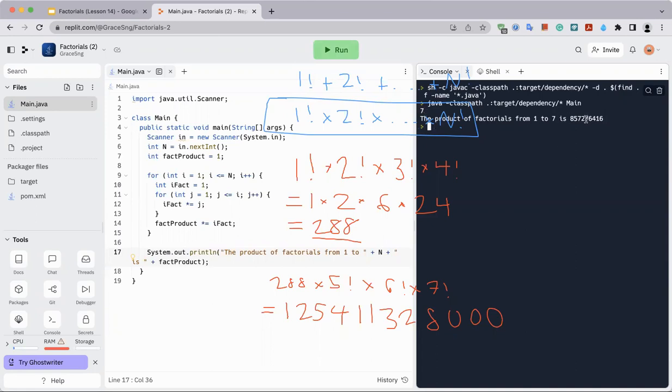All right, so here you'll see we get a number that actually isn't anything like the answer. And this is because the product of factorials from 1 to 7 is way too big to store in an integer. So we have an overflow here. Now, if you want to fix this,